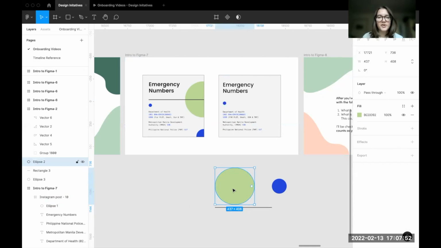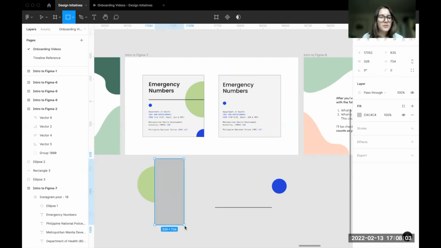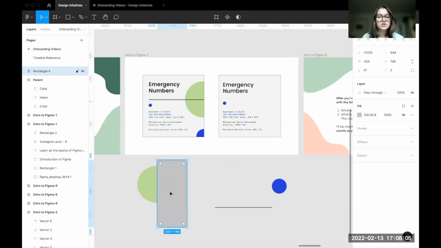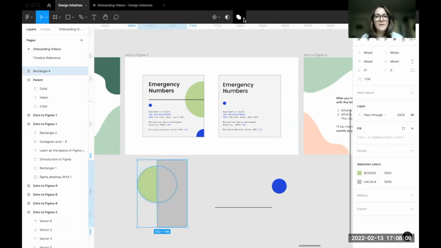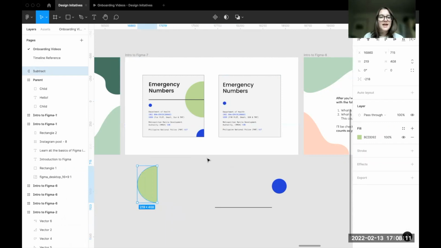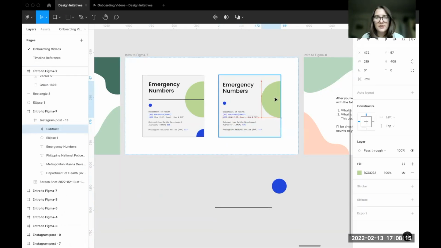But we need to cut this circle in half and make this a fourth of a circle. I can show you two ways of editing shapes in Figma. The first one is the Boolean operations method that I was mentioning earlier. You can do this by dropping another shape that cuts it in half, selecting both of them, and then doing the subtract function. That's a pretty easy way to get half a circle there. We'll drag that right about there, that works.